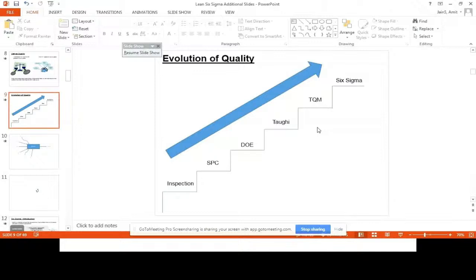So this is how quality evolved from inspection to Six Sigma. It started with inspection, wherein nothing else but checking of what has been produced took place. The moment there was mass production, SPC came into picture, and when the focus shifted to the process to try to find the factors which are important, design of experiment was used. And if a good design of parts, product or process needed to be produced, the Taguchi method was used, and then it moved up to good management systems like TQM or ISO. And